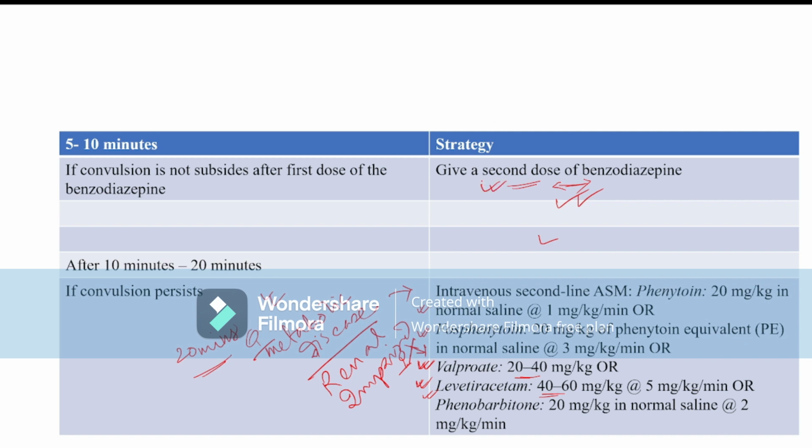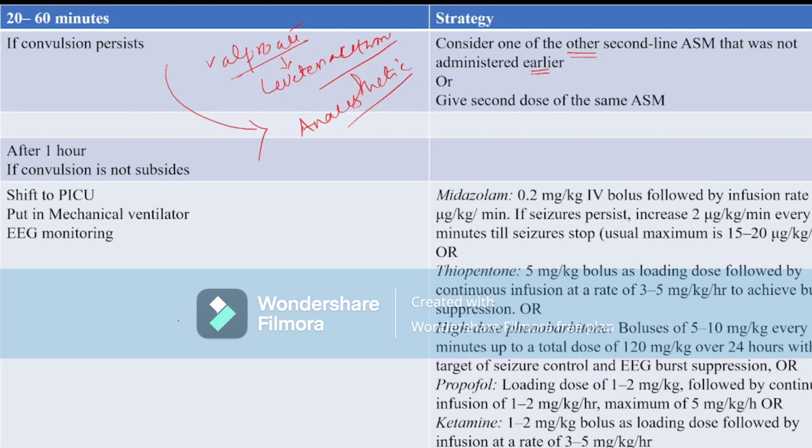If the seizure is not controlled after 10 minutes, you can give valproate or levetiracetam, whichever you can give. It is better to give valproate in children more than 2 years and levetiracetam in any patient, for the first 20 minutes. After 30 minutes of this, if the seizure has not subsided, you can start giving another anti-epileptic drug from the second line list, or you can directly start giving midazolam infusion.